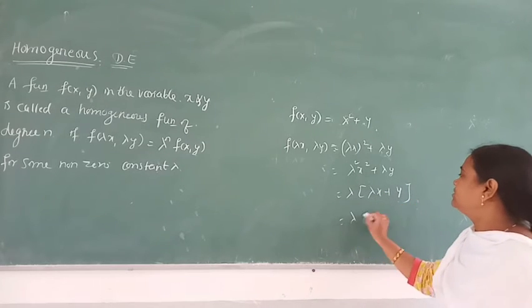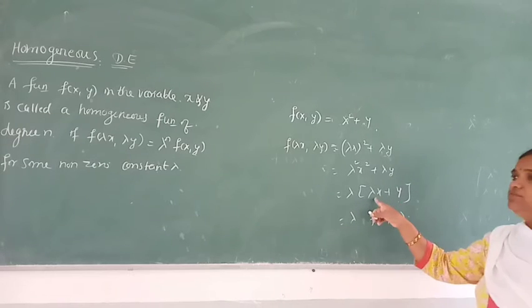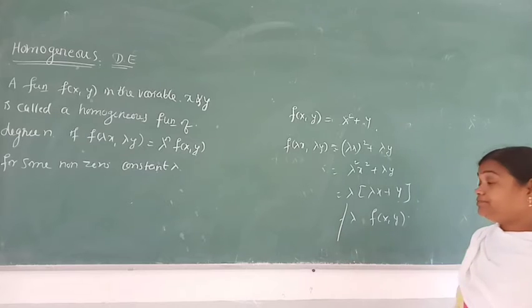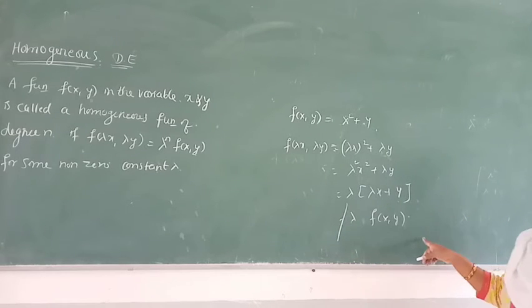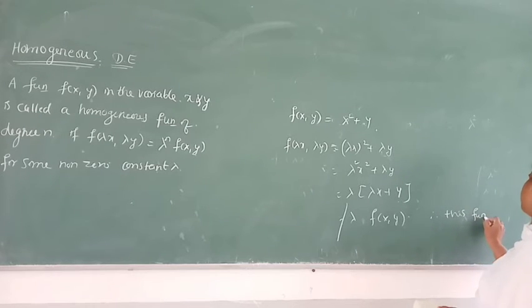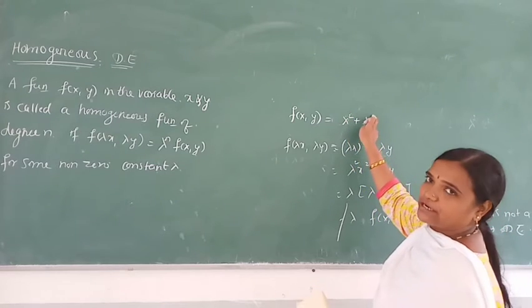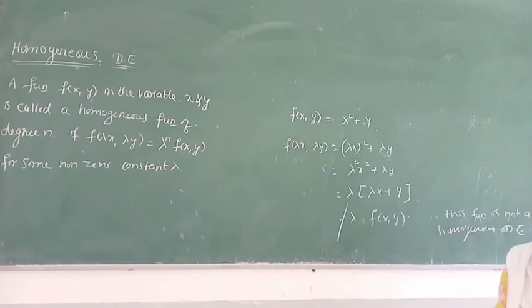Is the function f of x y existing here or not? No. Here, lambda is there. Therefore, this function is not a homogeneous differential equation. Why? By seeing we can say that the power of variable x is 2, but here it is 1. Therefore, by seeing the example we can say that it is not homogeneous, but for verification replace